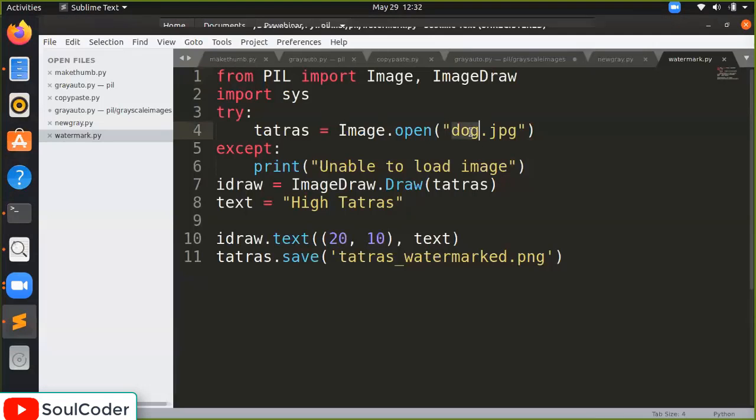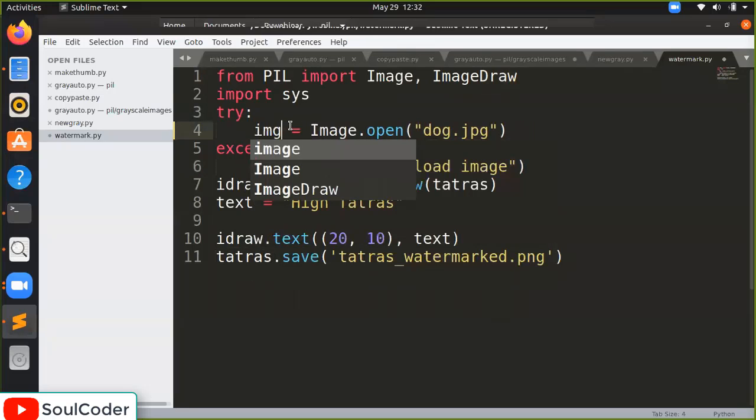So we just have to open the dog image. I am again using try except for unable to load image, and this is the other class, ImageDraw, and I have to use the draw function. The text is nothing but the image. We can change it.